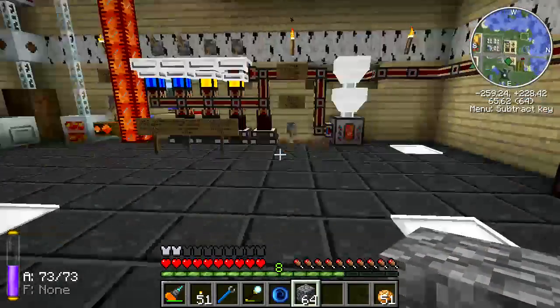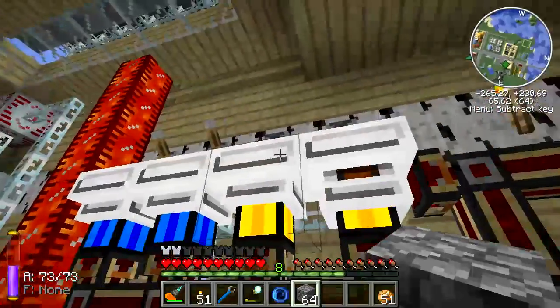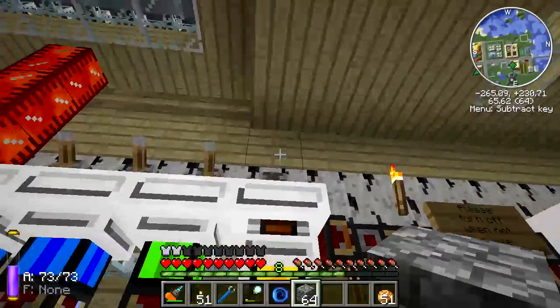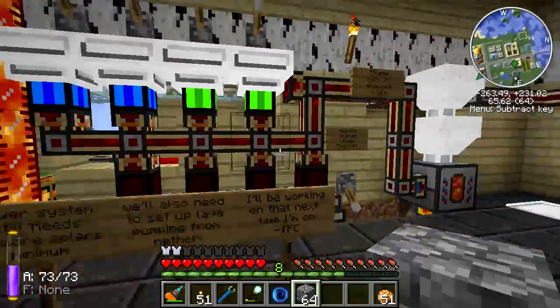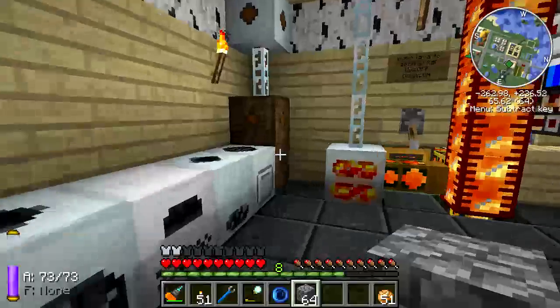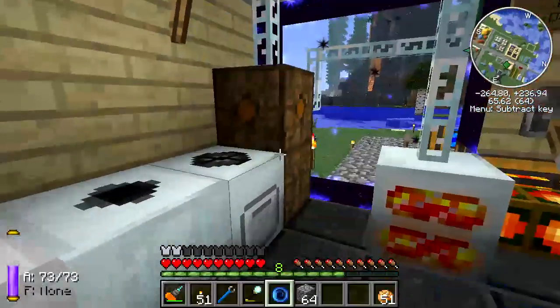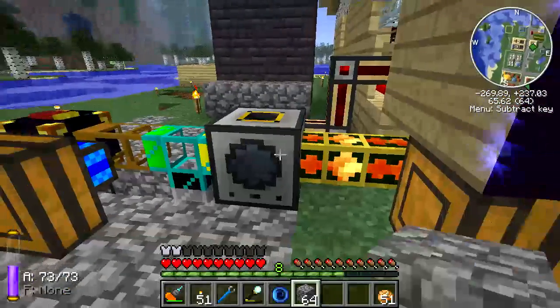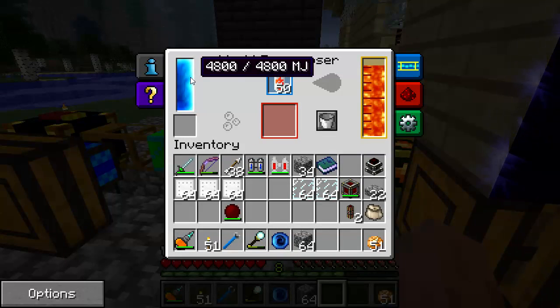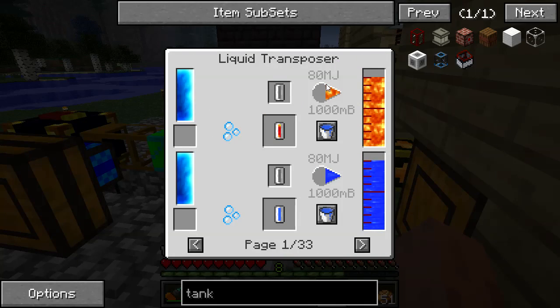Alright, my iron is all processed into plate. Go ahead and turn... Actually, I'm going to turn both of these off for right now, because there's plenty of lava in the tank right now, and if I'm not mistaken, the liquid transposer has some cans, and it still has some power. And let's see...